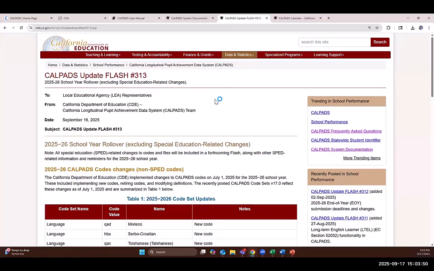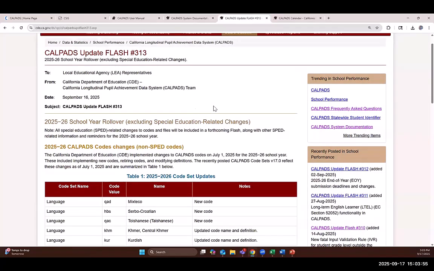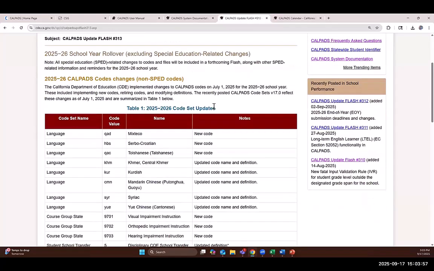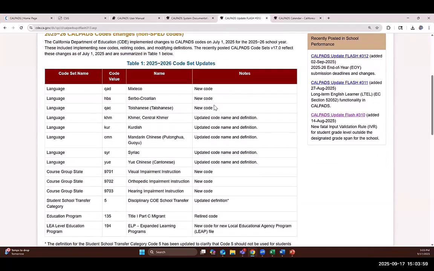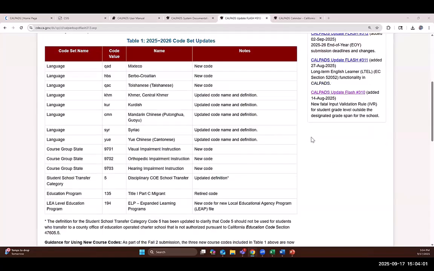This flash went out and it's talking about some code changes that are taking place. There are some new codes, a lot of language updates or new codes entirely to the names and definitions. There are a couple of course codes that are new, definition changes, and retired codes. I don't want to read through each one and take an hour, but do look through this for guidance on these new codes. And then farther down, it talks about